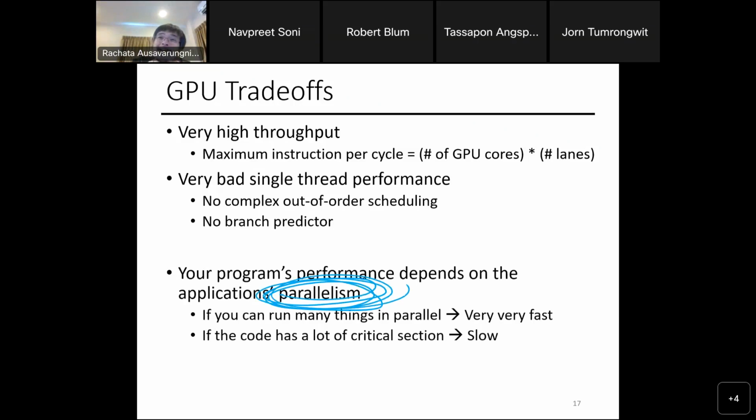Because if you can write a parallel program, it's likely that you can make it fast on the GPU, even on the CPU, right? When you write a parallel program, these are really, really fast. So what application has an embarrassingly parallel